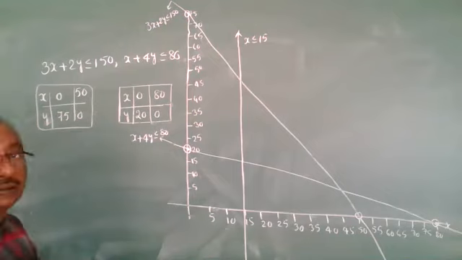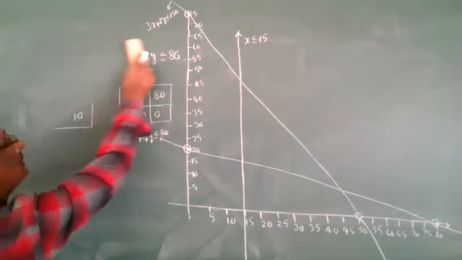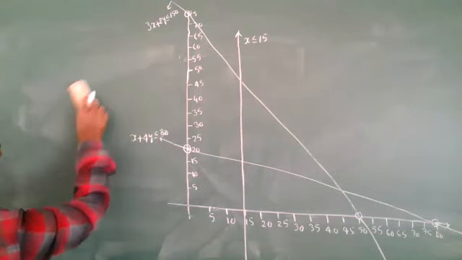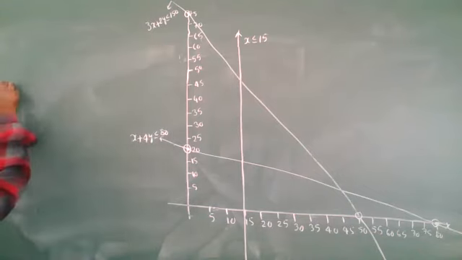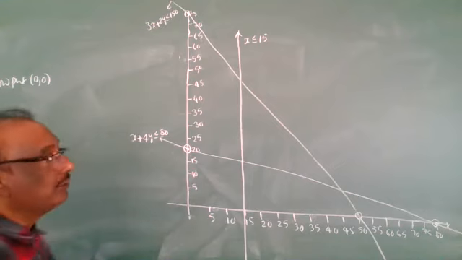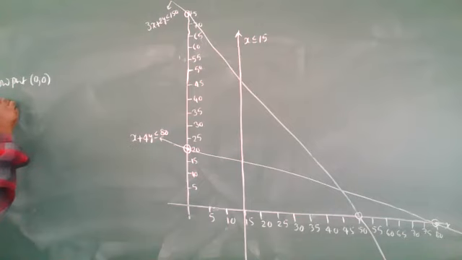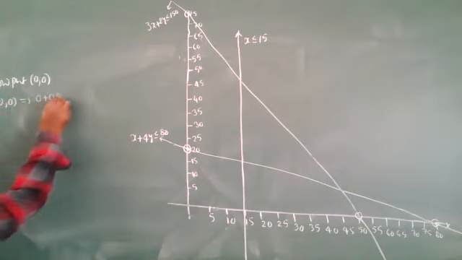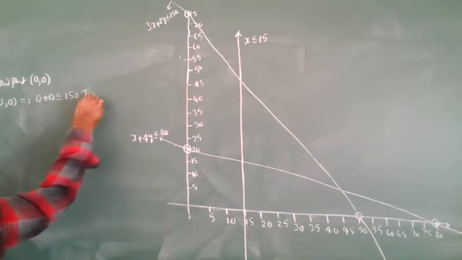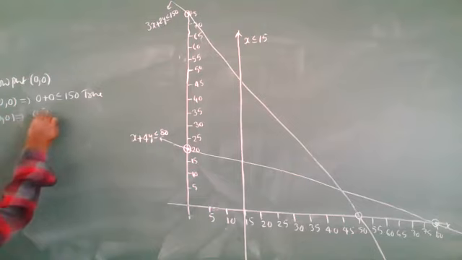We should take the 0 point. Now put 0, 0. In the first equation, put 0, 0: 0 plus 0 is less than 150, which is true. Second one, 0 plus 0